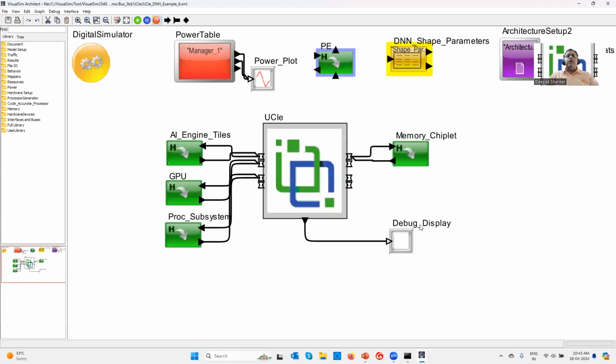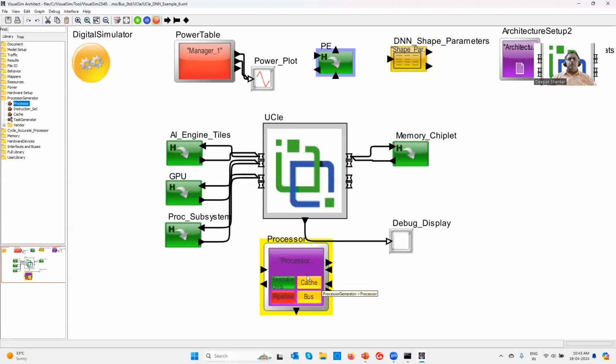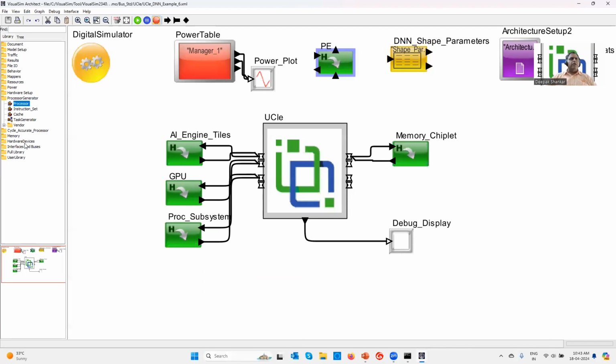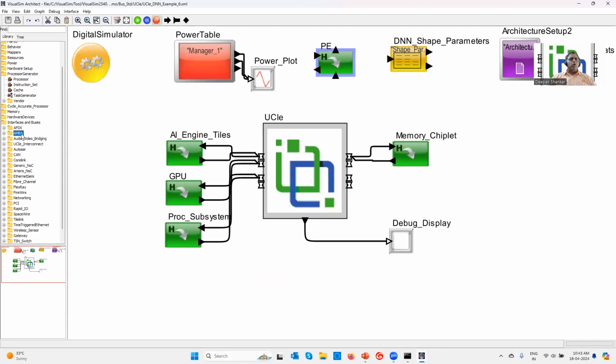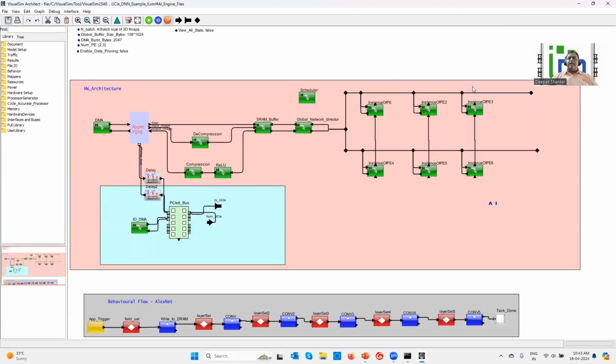Now, when I look at a model, this is a system level model. As you can see, there's a variety of components here. I can drag and drop, say, a processor component, place it here, set some parameters to create a processor block. Similarly, I can bring in, say, a streaming processor, like a CHI protocol. But at the same time, I can also define things like AI engines, compression, processing units,